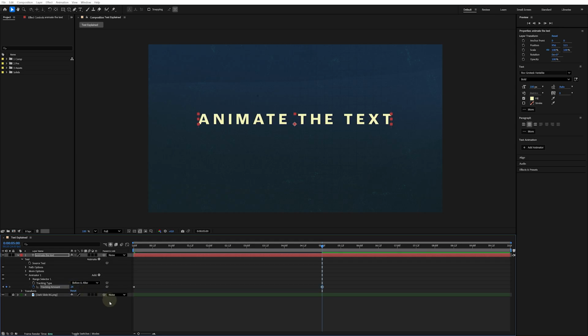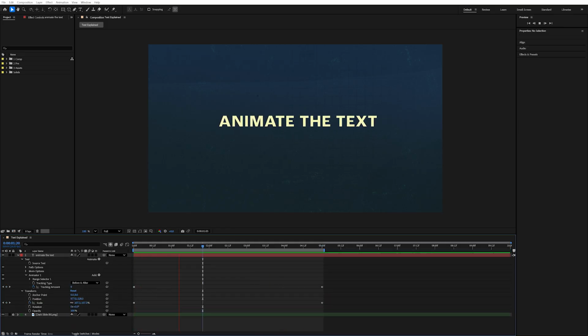Now if I do a preview, you'll see that the text is animating until it hits that second keyframe and then stops. Using this plus a few simple scale keyframes, for example, can be a pretty easy way to bring text to life in a way that you can't do in a lot of other apps. Pretty straightforward, right? But this text animator also allows you to get much more complex,